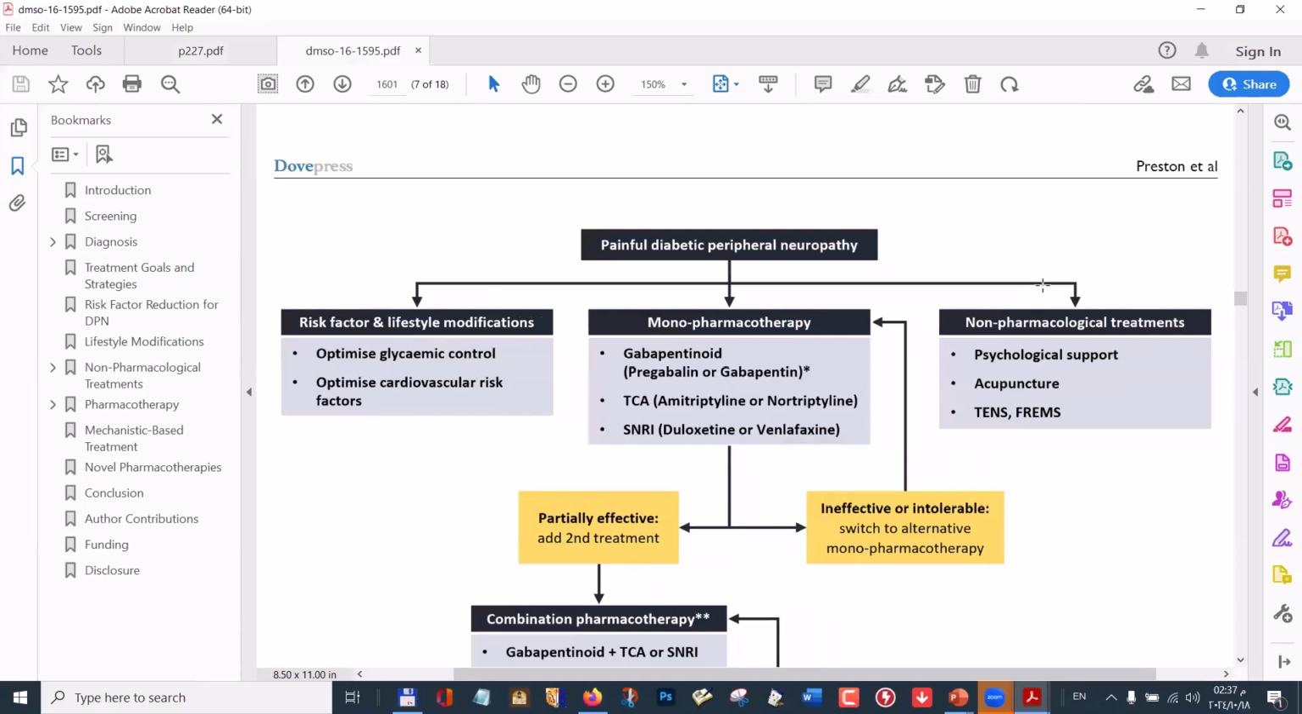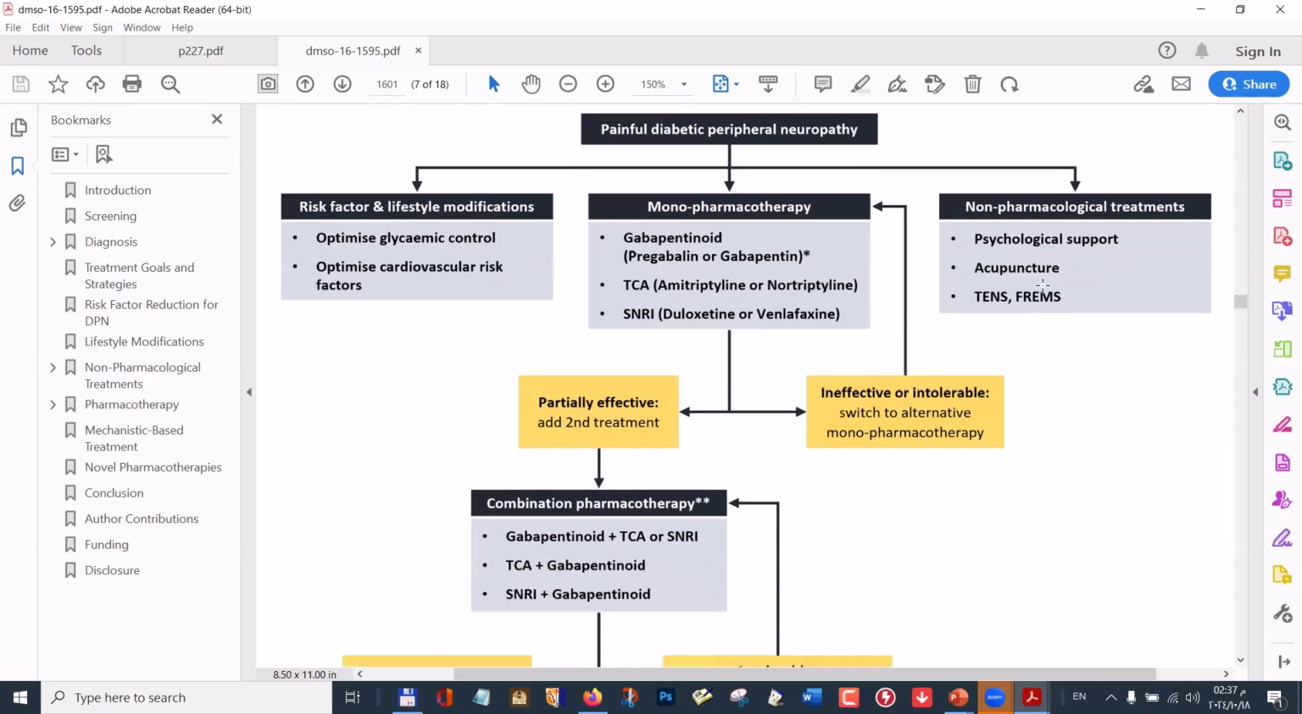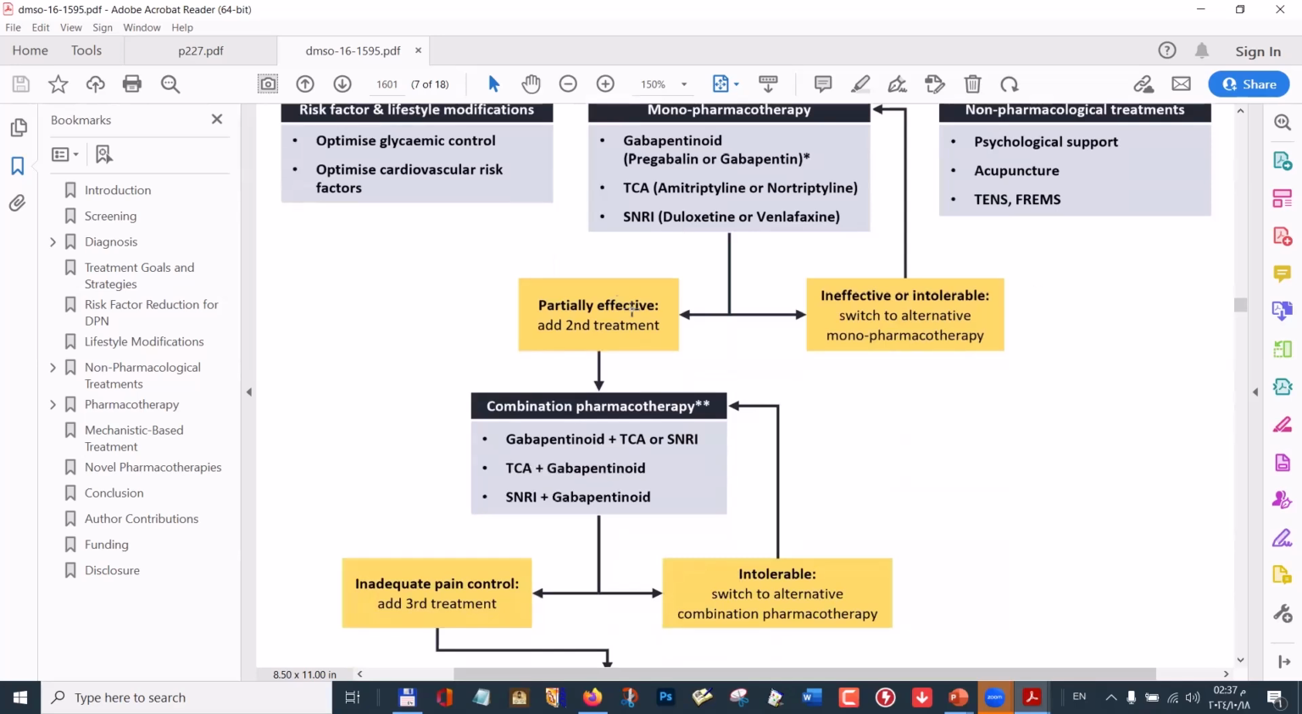So this algorithm summarizes how to manage painful diabetic peripheral neuropathy. Risk factor and lifestyle modification is essential. Non-pharmacological treatment may be indicated but the most important is pregabalin or gabapentin, tricyclic, or duloxetine or venlafaxine. After that, if there is partial effect, we can add a second line treatment. Actually, this is not a NICE recommendation. NICE recommends, if partially effective or ineffective: if ineffective, we should switch to alternative monotherapy. If partially effective, we can add a second treatment, combination pharmacotherapy,